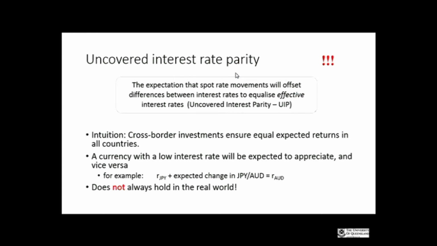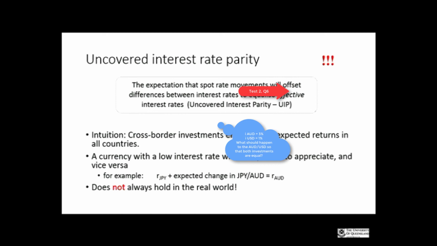Australia, I make round numbers, is paying you 3% interest. The US is paying you 1% interest. Where do most of the people in the world want to invest? If the exchange rate were fixed, Australia is much better than the US. But the exchange rate is of course not fixed. It's fluctuating over time. Now because Australia is giving you 2% more in return on your savings account,